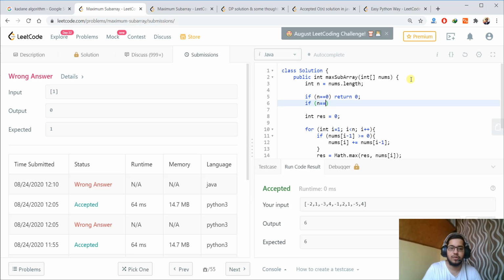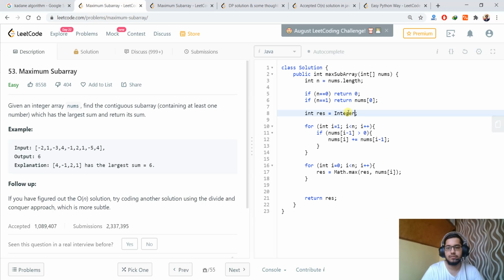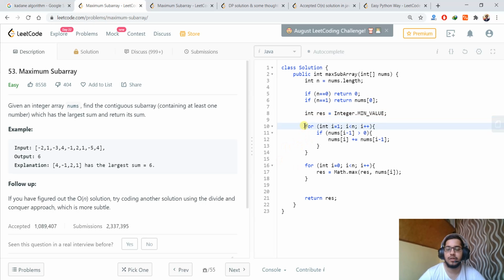If n is equal to 1, we will return the first value. Here, instead of this -1, we can take some minimum value for integer. Then we are calculating the values, changing the nums array, and finally we are taking the maximum of all the values.